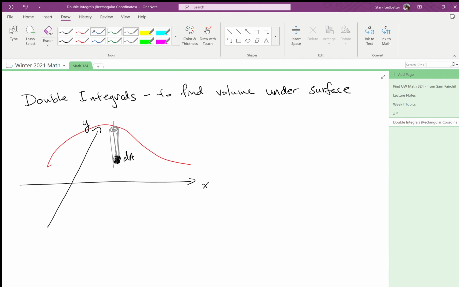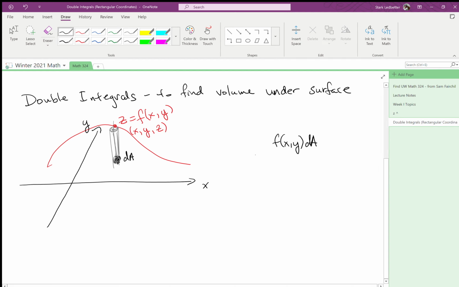But I do know how to find the volume of a prism. It's just the area of the base, which is dA, A for area, D for small, times the height, which this function is going to be z equals f of x comma y, right? So that point is x comma y comma z. So the integral of f of x comma y dA,